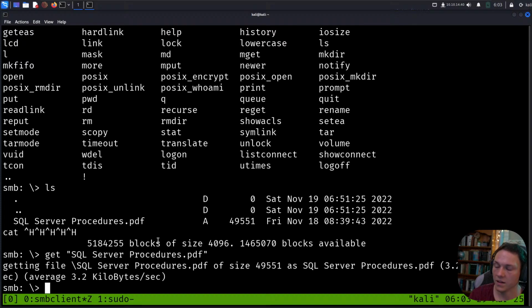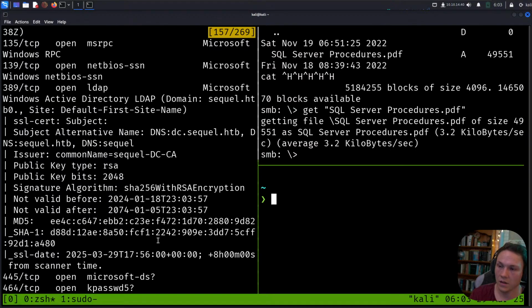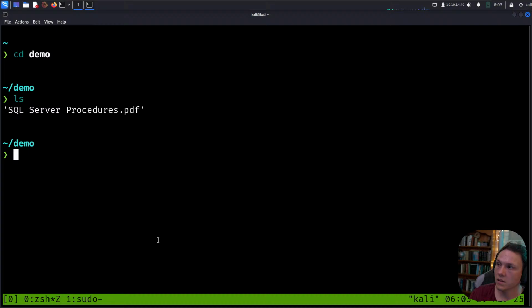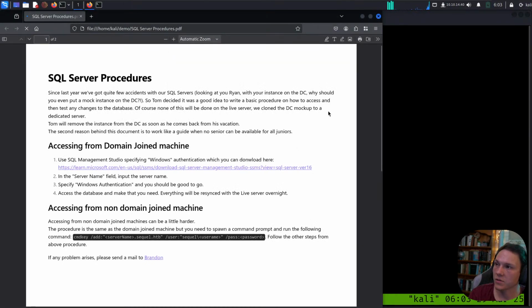Again, this is taking a long time. Now, we will have a look here. All right, so we'll use Firefox to open up the SQL Server